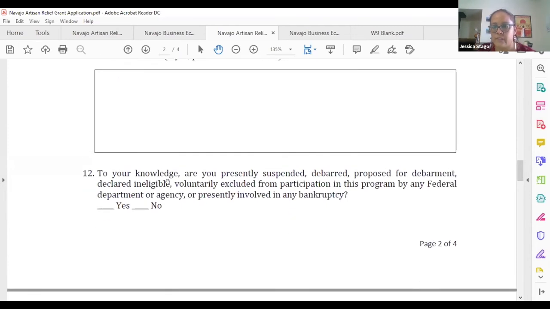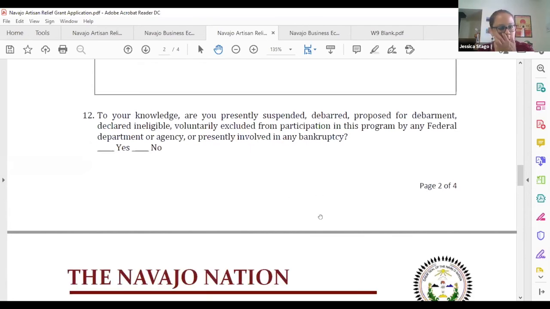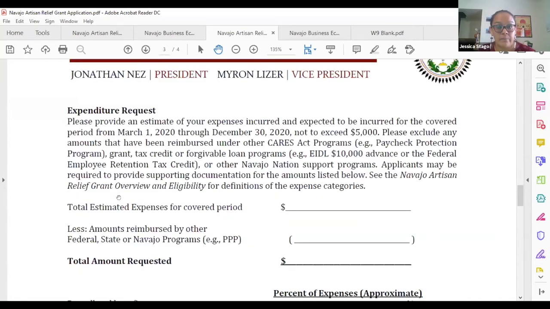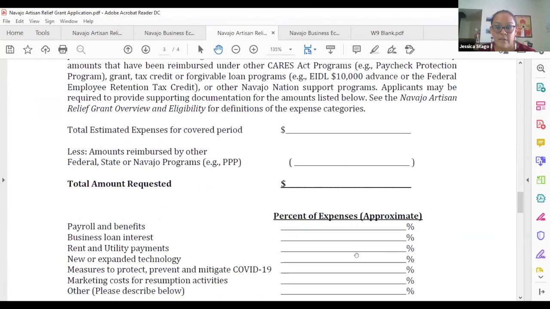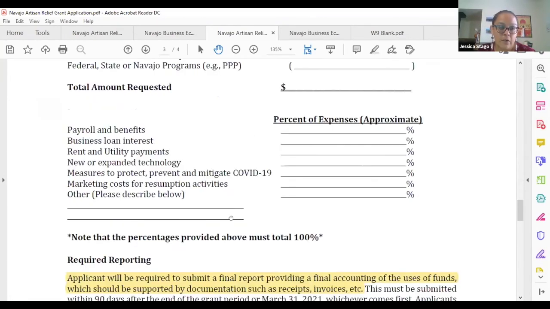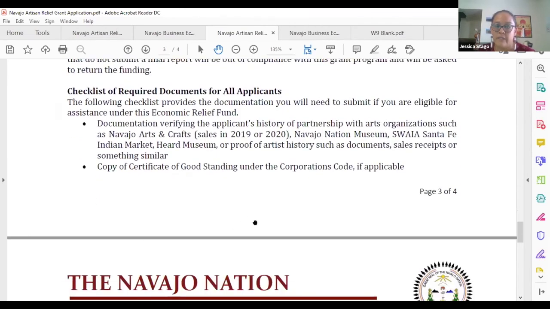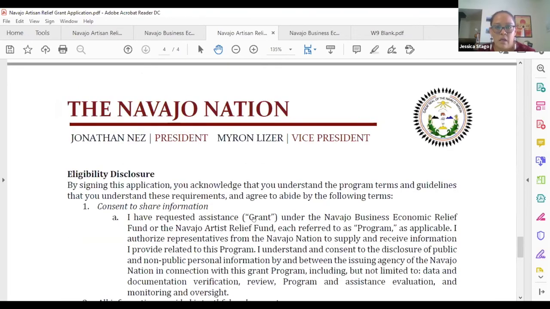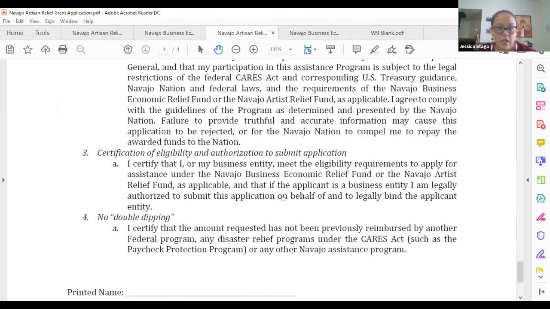And number 12 is on every application. And then, like I said, this is what it looks like. Expenditure requests, the percentages, required reporting, the checklist of documentation. All of this is in the presentation that we've been through before. So I'm going to switch over to the business application. And